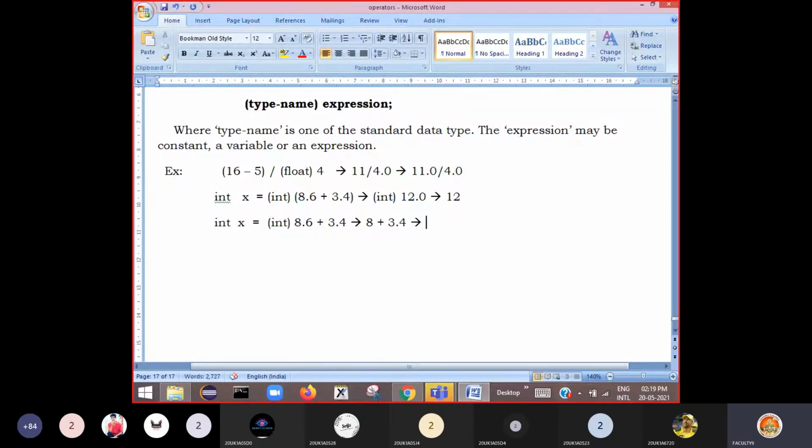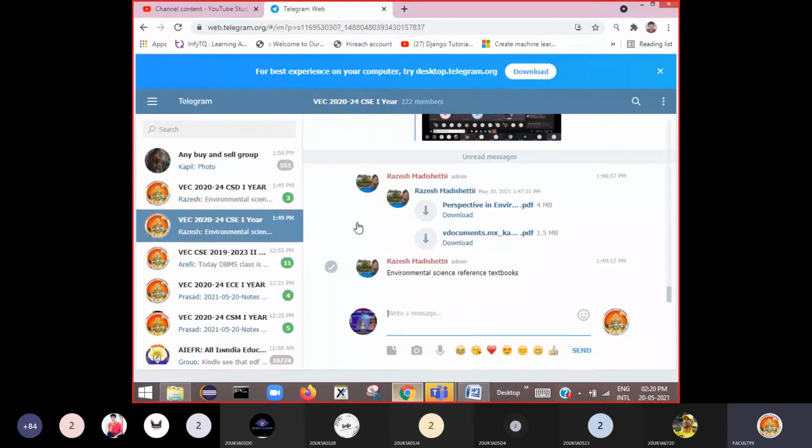So this will become 8.0 plus 3.4, which will become 11.4. The answer will be 11.4. And when you try to store it in an integer variable x here, you will get some unexpected result. So let me show this in an online compiler.